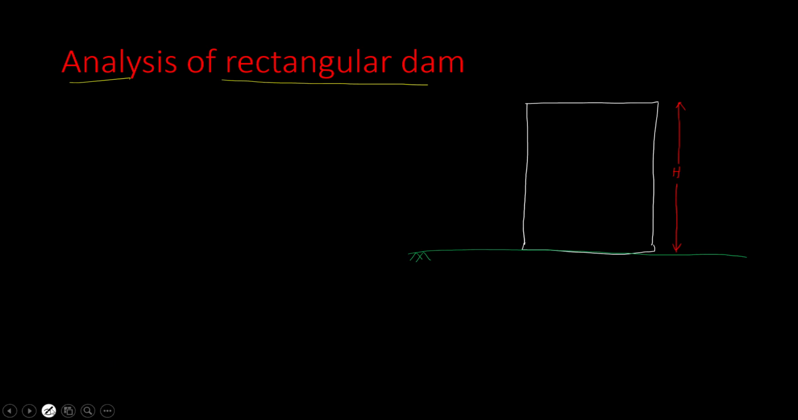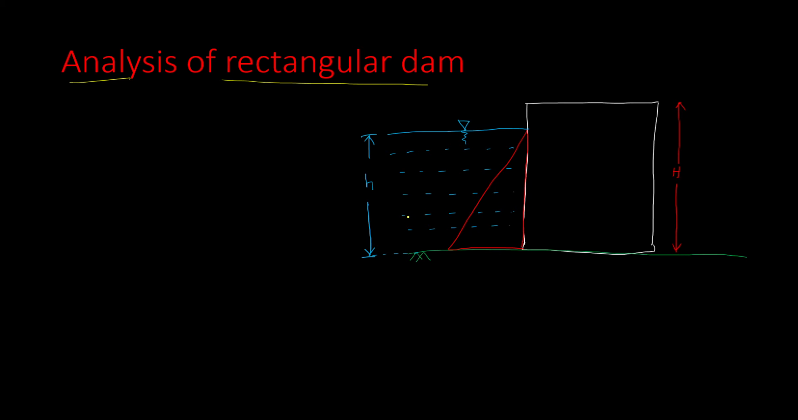Now there is some water which is present, or the dam is retaining some amount of water. So this is the level of water. The height of this level of water from the base is small h. Now what is the variation of pressure? We know that the variation of pressure is triangular. So this is the variation of pressure,